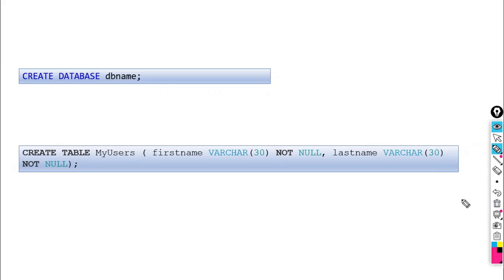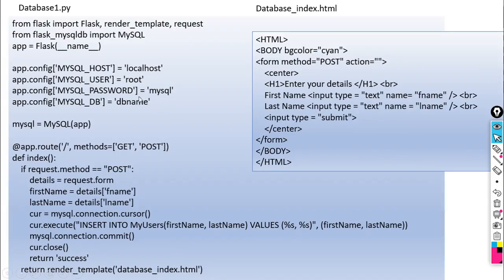Then next part, how can we use this in our Flask script? Okay, so here again it consists of one Python script, that is database 1.py, and one HTML script, that is database underscore index. So the same HTML script we are using here, whatever we used in the last Python script.